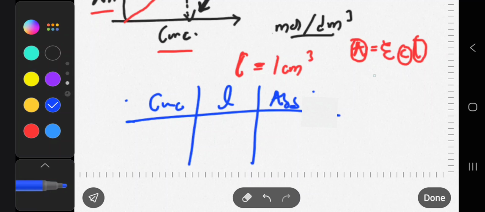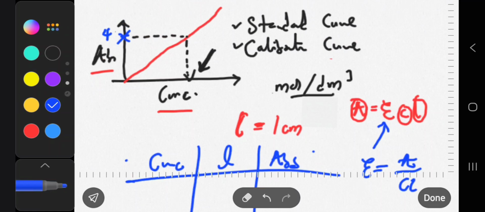Or probably you're asked to find, if you look closely, this is epsilon, the molar absorptivity. That means we can also find the molar absorptivity. If you make epsilon the subject, it is going to be A over C l, meaning that you can calculate the molar absorptivity. And you can also determine the molar absorptivity from the graph. If you find the slope of an absorbance-concentration curve, the slope is what gives you